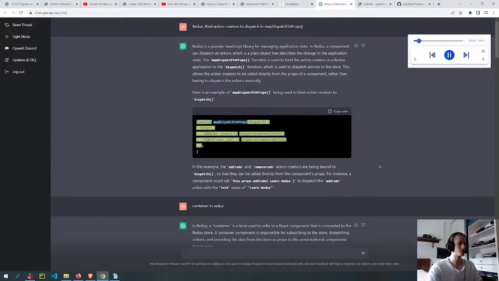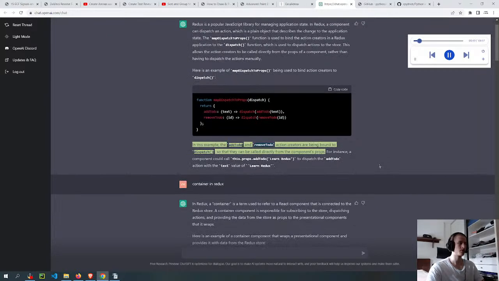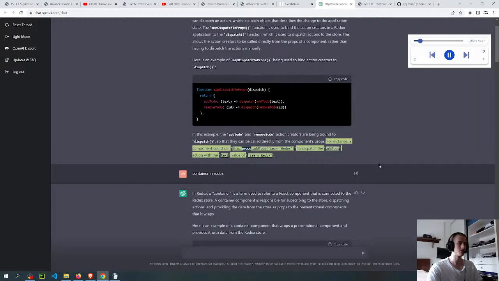function mapDispatchToProps(dispatch) { return { addTodo: text => dispatch(addTodo(text)), removeTodo: id => dispatch(removeTodo(id)) } }. In this example, the addTodo and removeTodo action creators are being bound to dispatch, so that they can be called directly from the component's props. For instance, a component could call this.props.addTodo('learn Redux') to dispatch the addTodo action with the text value of